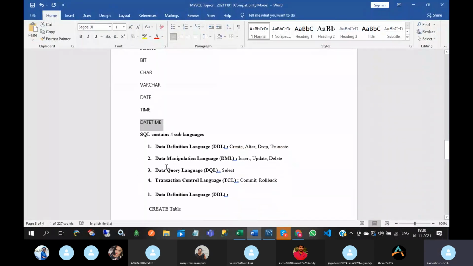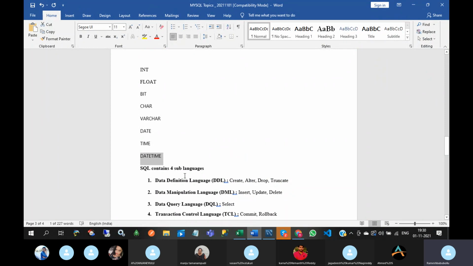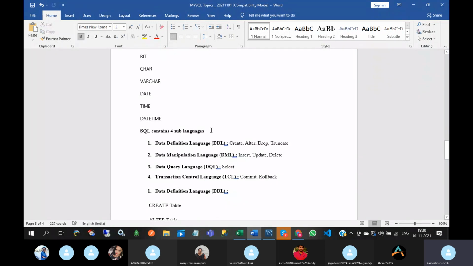While creating the table, we will use the data types one by one. Mainly MySQL contains 4 sublanguages: data definition language, data manipulation language, data query language, and transaction control language.